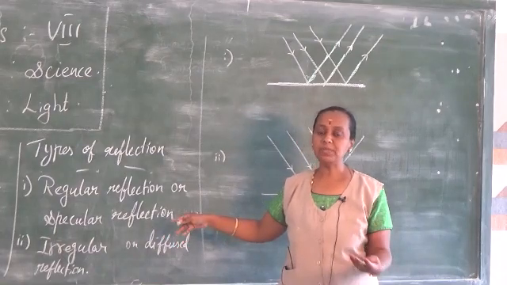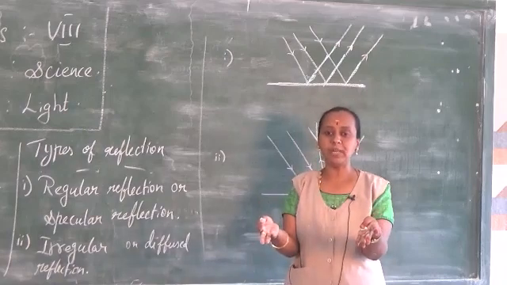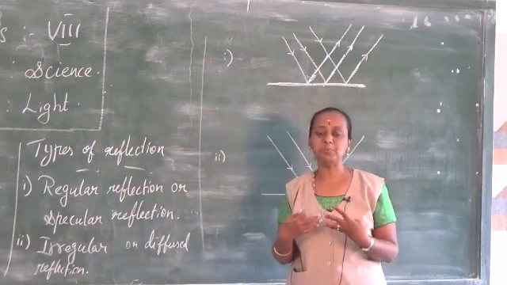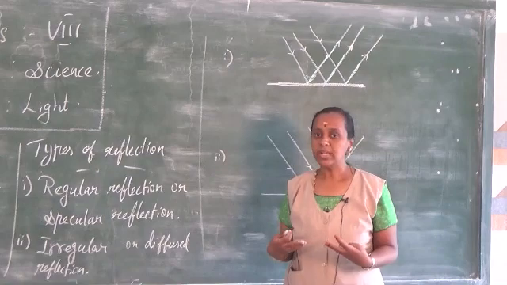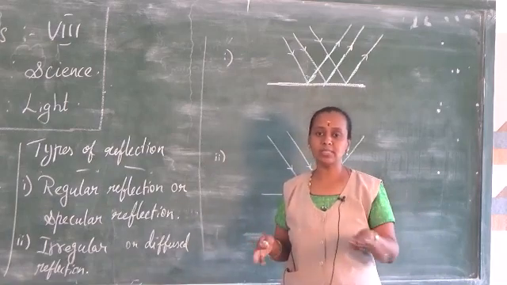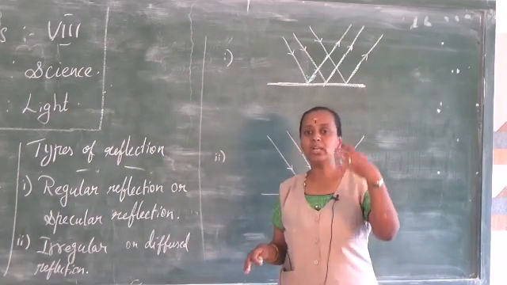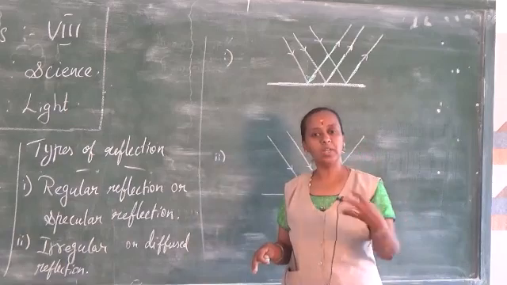An example I can give is a plane mirror image. When you stand in front of a plane mirror, you can see your image very clearly. A clear image is given, right? In the same way, when the water is still, that is, not moving, you can see the clear image of the mountain or clouds or moon, whatever it may be.